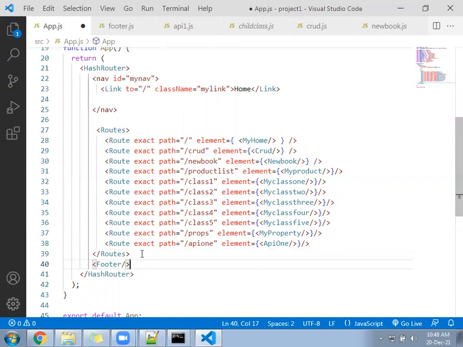Call the footer within the hash router. So hope you are clear. Now check, footer is coming.